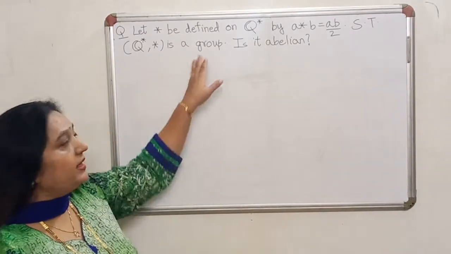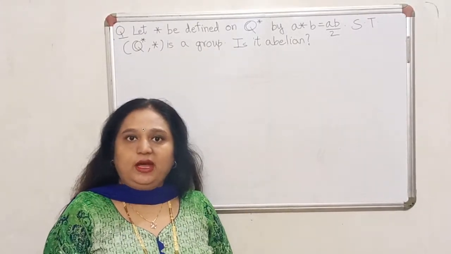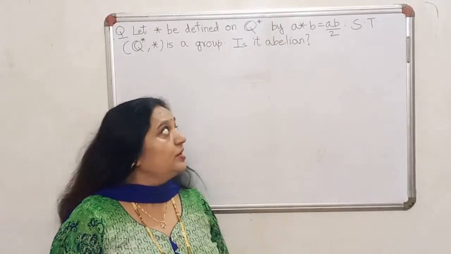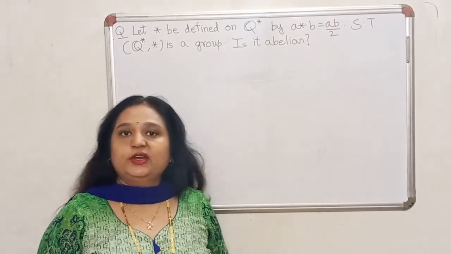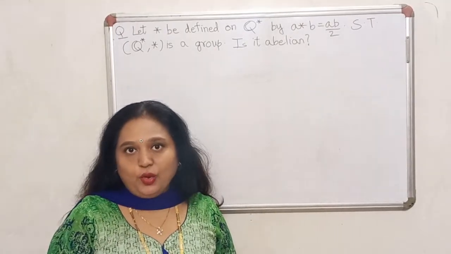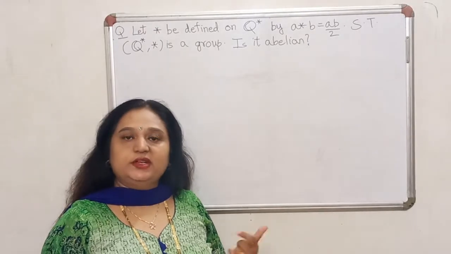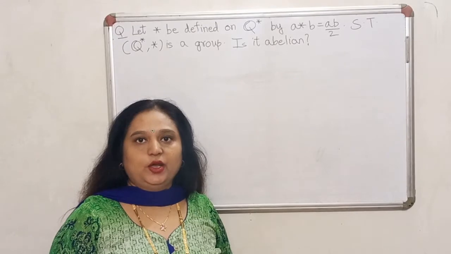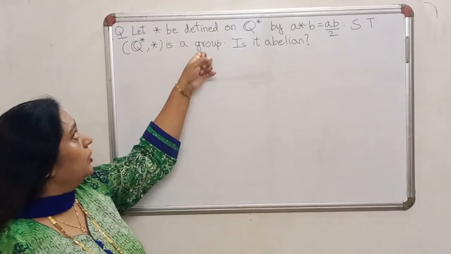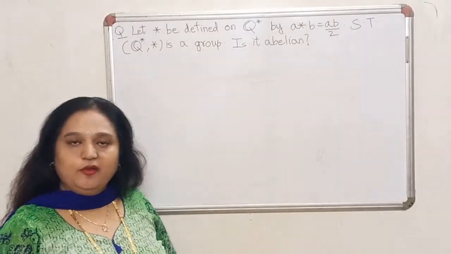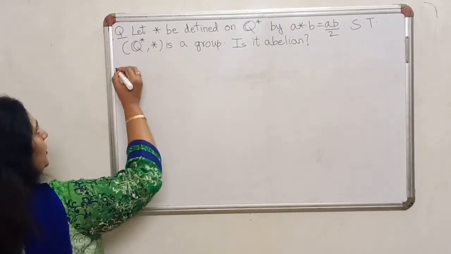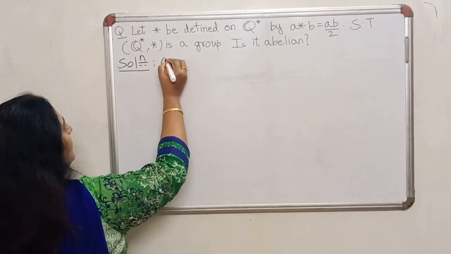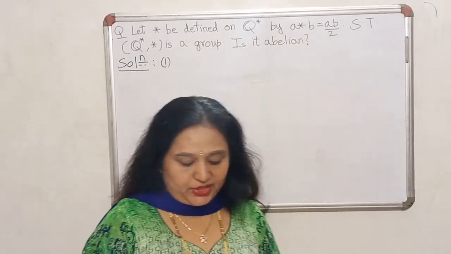So in order to verify that it is a group, unless it is mentioned that it is a binary operation, well and good. But if it is not mentioned, or if it is not a standard operation that you know, then it's always a good idea to first start by proving that the given operation is indeed a binary operation. So in all, to show that it's a group, we will be verifying four properties. Let's start with the closure property, or proving that star is a binary operation.